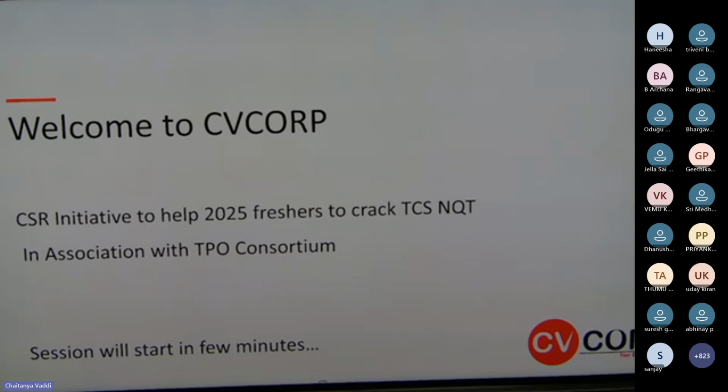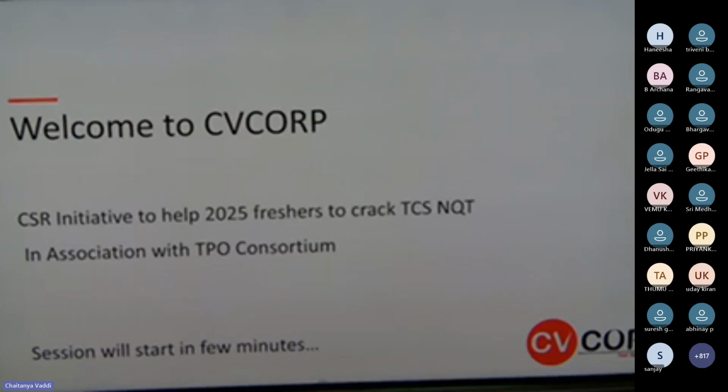Through CV Corp, we have trained and placed close to 286 people in TCS in the last couple of off-campus drives. So we have all the TCS specific content with us, the content part and the coding part. One very good thing out of CV Corp is that of the students who clear the written test, 90% will clear the technical interview, because we know what kind of questions people ask, and we have a very clear picture about how to crack the examination and the interview part very easily.